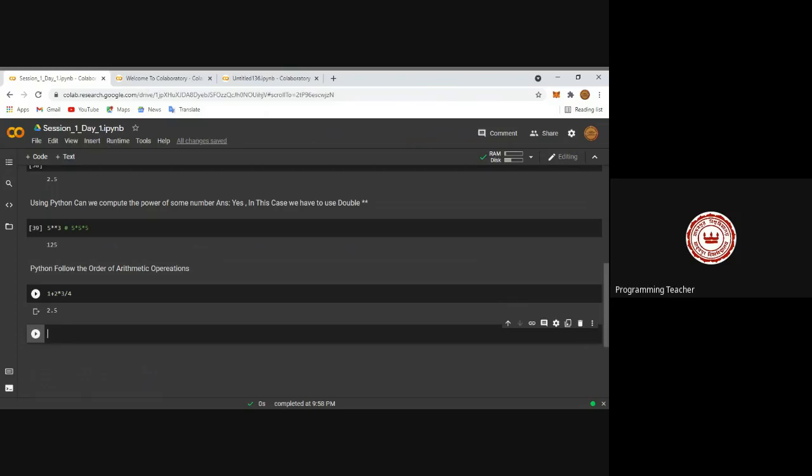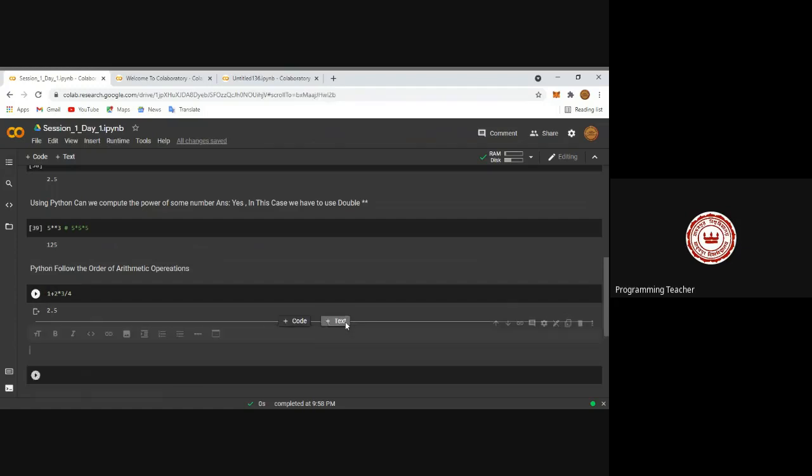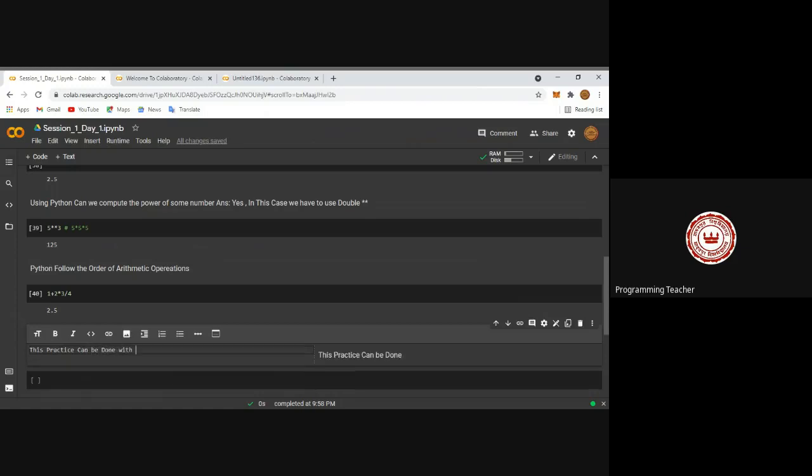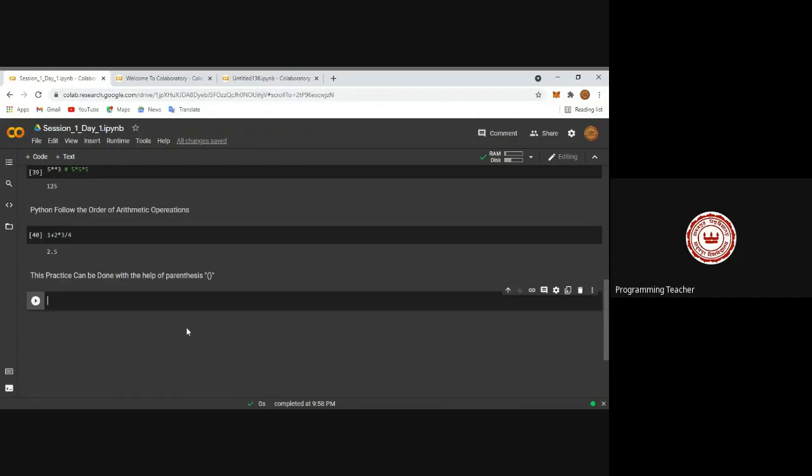Even this practice can be done with the help of parentheses. Also, like this. This bracket can be used. This parenthesis can be used.